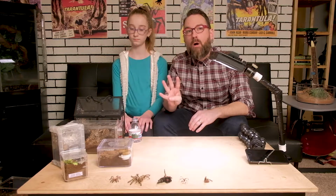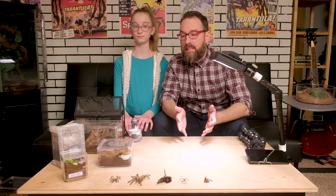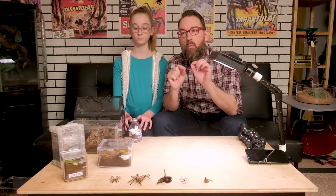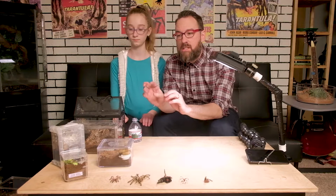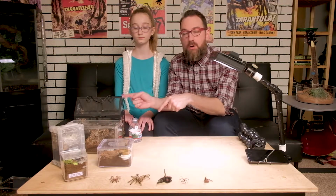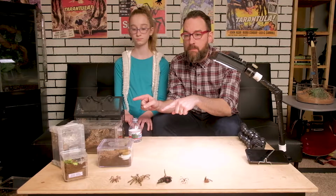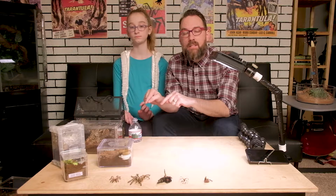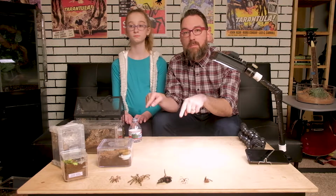We chose 4 that are the closest to molting, and you will be able to comment down below which of these tarantulas you think will be the first one to molt. We're going to show you each of these 4 tarantulas. What you're going to do is comment down below which of these tarantulas you think is going to be the